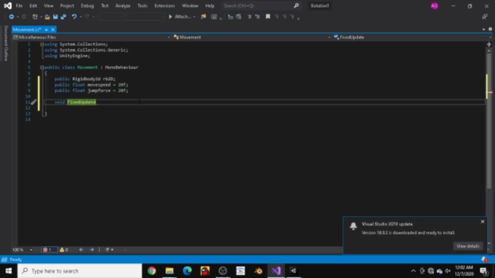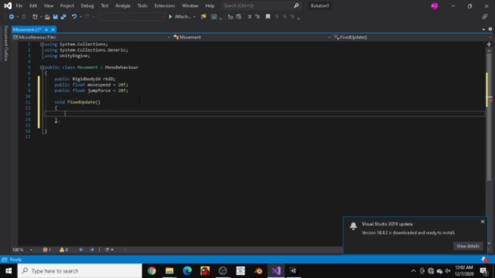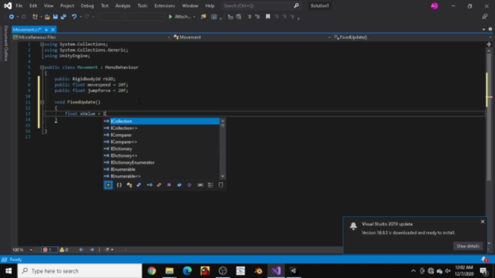Now, next we're going to put the parentheses and then curly brackets and open it up. So now we can edit the function. What we're going to do here, we're going to make a float, and we'll call this x value. This will allow us to check if the X button is being pressed. How we'll do that is x value equals input